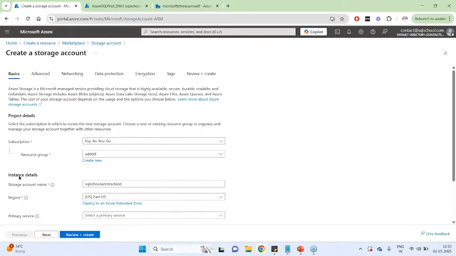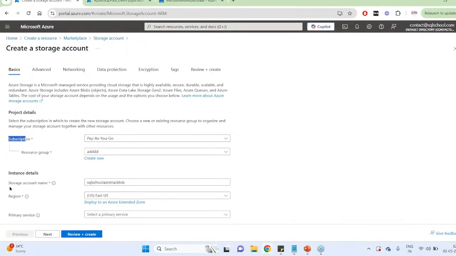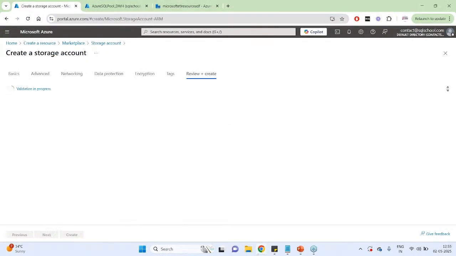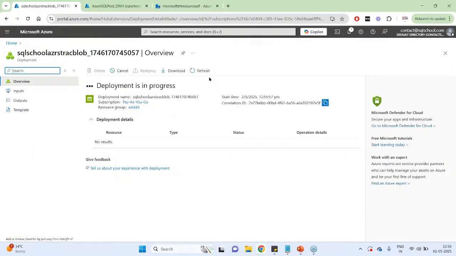I'll repeat again. Home, create resource, storage account, and subscription, storage account name, create. Let's wait for a few moments. Once the storage account is deployed, you see my screen submitting deployment. It's in progress now. A matter of a few moments, it gets deployed, and inside the storage account, we need to create